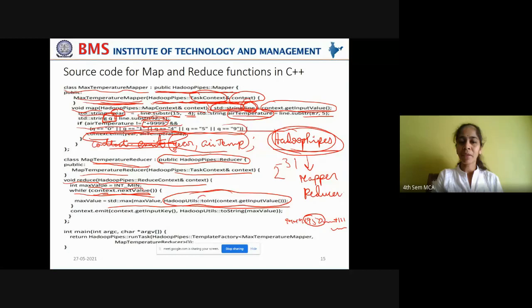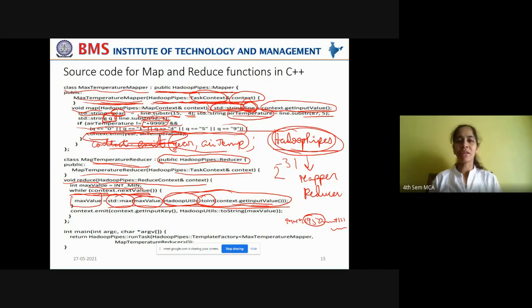Observe this part. You're using the to int converter. You're trying to convert whatever value is fetched from context into an integer, which is available in the Hadoop utilities namespace, and that integer value you're comparing with the maximum value discovered so far, finding which of the two is the maximum and updating your current maximum value.